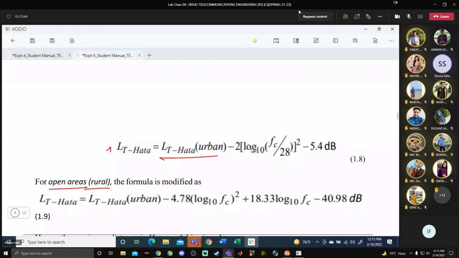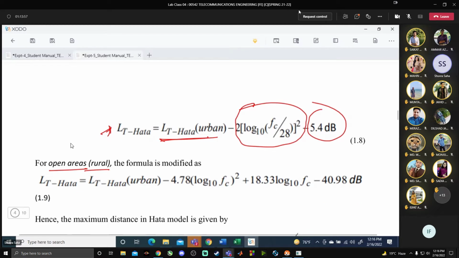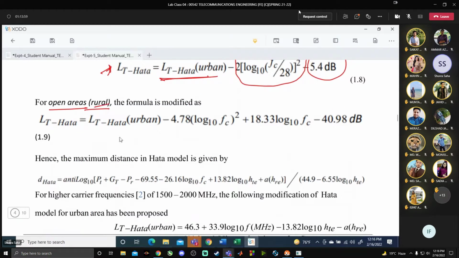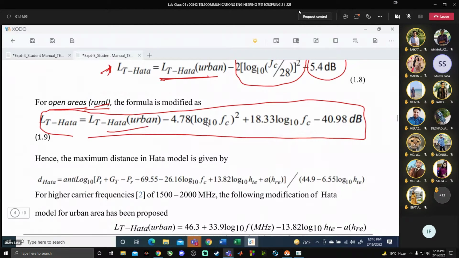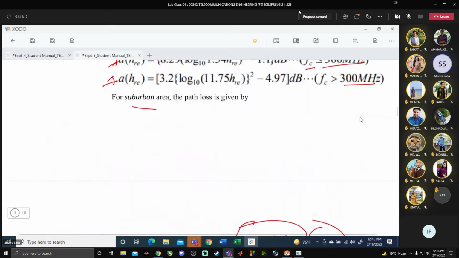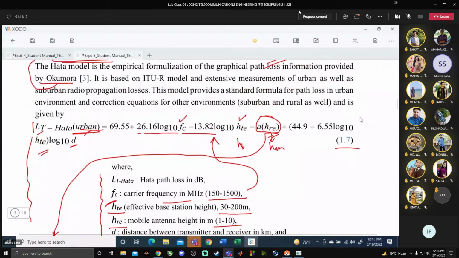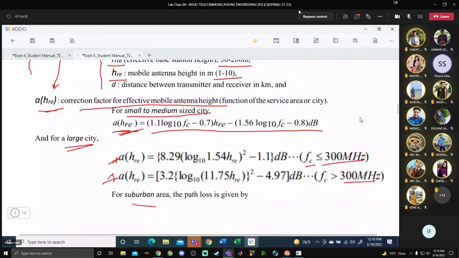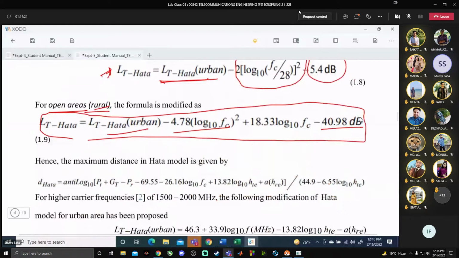So you know that in a suburban area the loss will be less than in an urban area. So how much less? These are the two factors. The amount by which it will be less has been estimated, minus. Okay, and for rural areas, village area, this is the equation. So it also depends, much less than urban. You can see many loss factors. So this is your Hata, these are your Hata propagation model equations, and a more practical approach to estimate the path